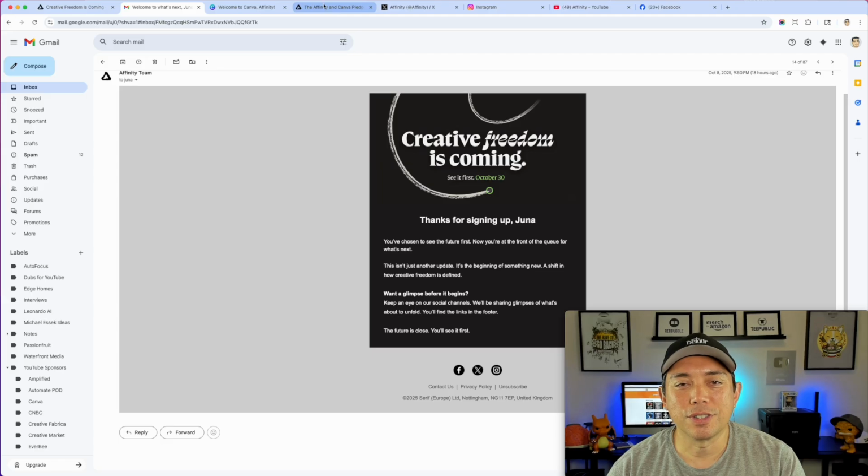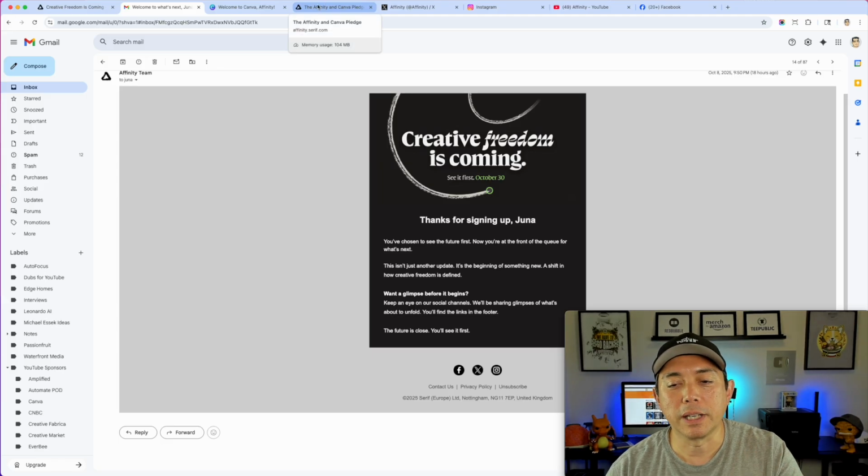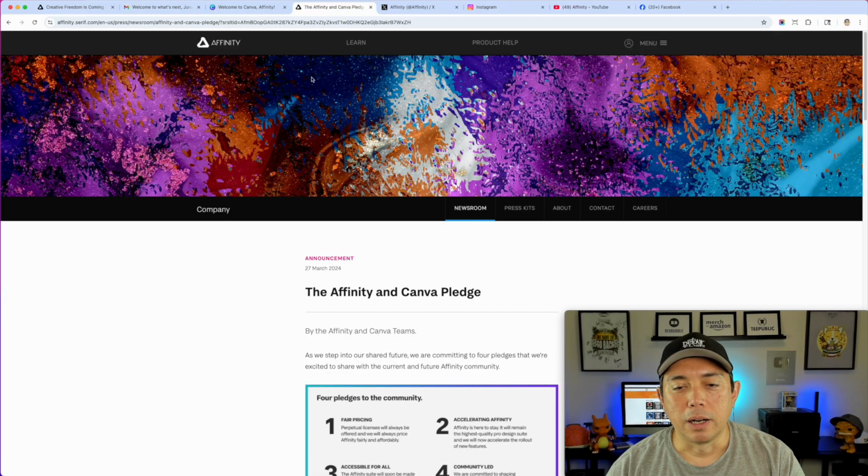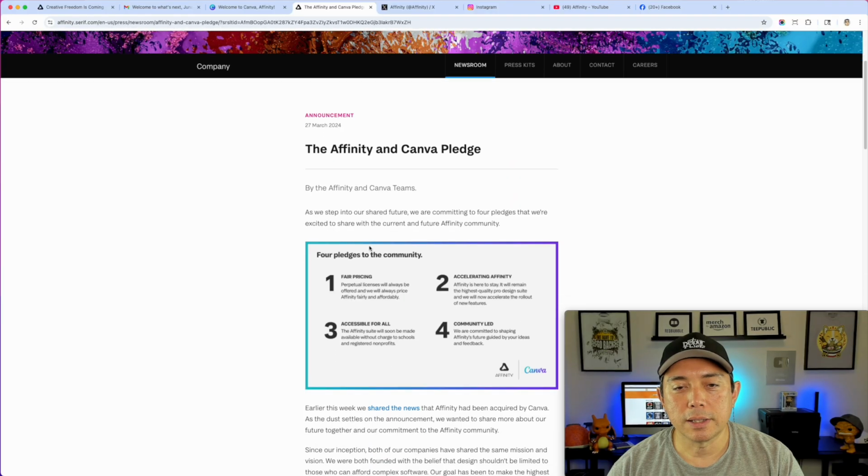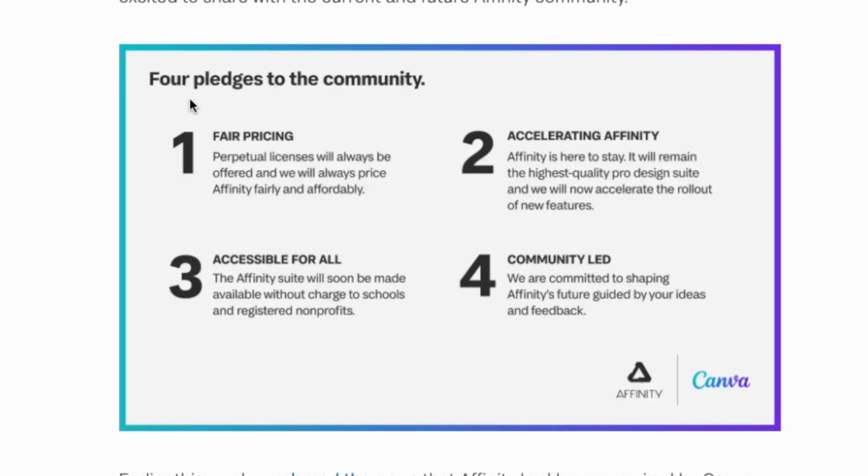So first, I wanted to go over the pledge before I go to that. Keep an eye out for this. They released this last year too. They mentioned that these are the 4 pledges, that they're not going to change Affinity so much. They're going to keep to these 4 things: fair pricing, accelerated Affinity,